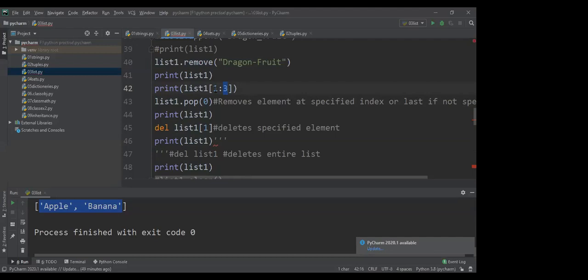You want 1 and 4. Okay, in that case, let me try whether comma is allowed here. I think this is not allowed here.